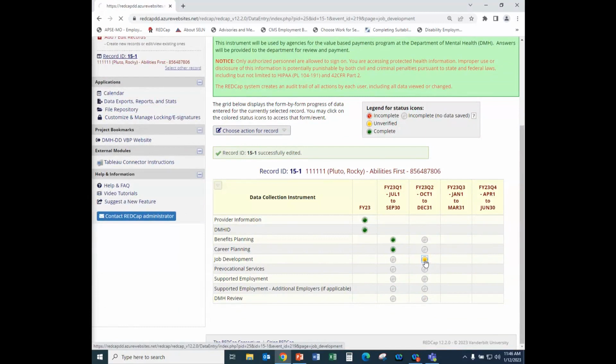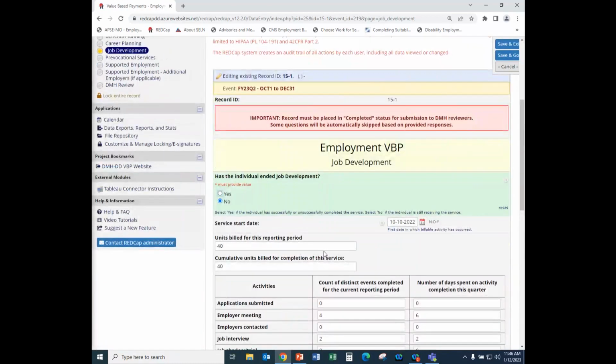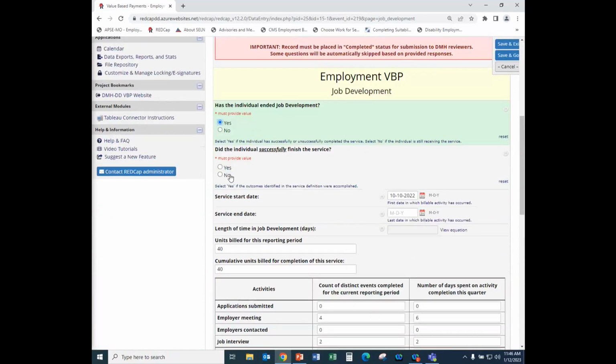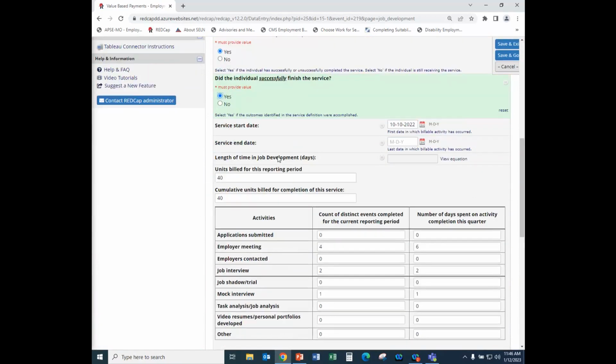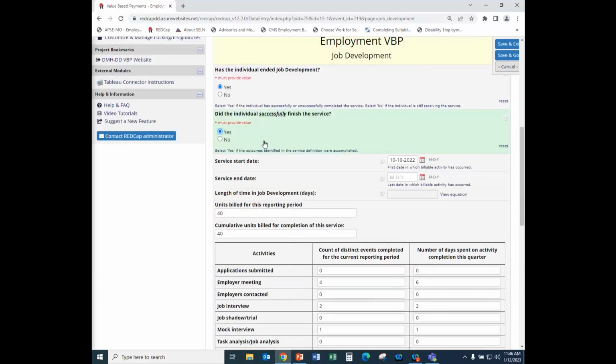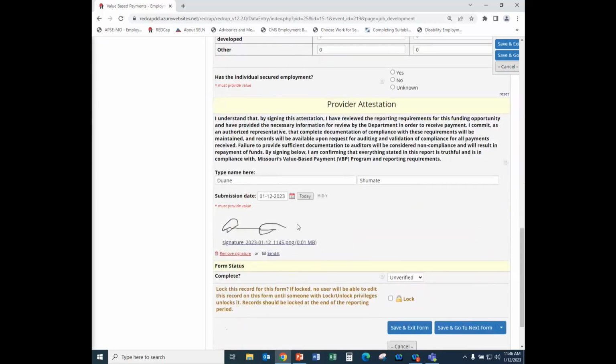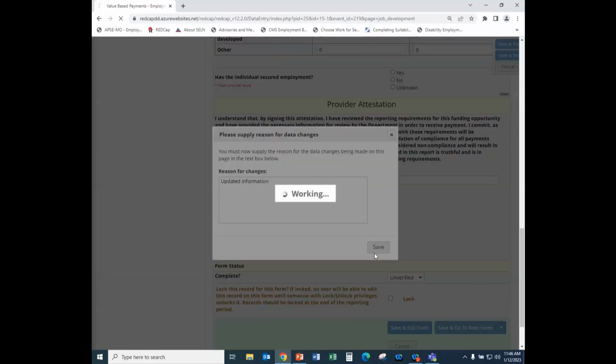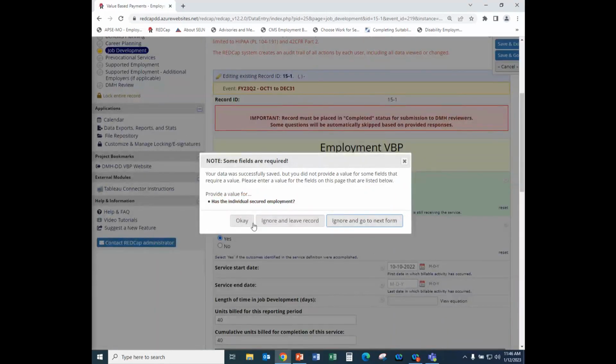So when I go back into the yellow, let's say I realized, oops, this person made a mistake. The individual really did complete the service. So I can go in and change it to yes, they did end the service. Yes, they did become employed. Then I can save and exit the form. Okay, and so now it's telling me that we have additional fields that are needed. And if I select OK,